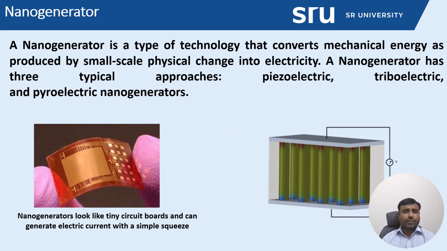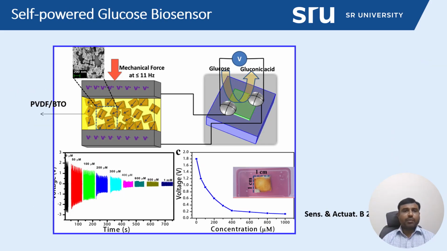It is particularly used for small biomolecule detection, environmental pollutant detection, and food additive and adulterant detection. Next we are going to see the cell-powered biosensor based on this nano generator